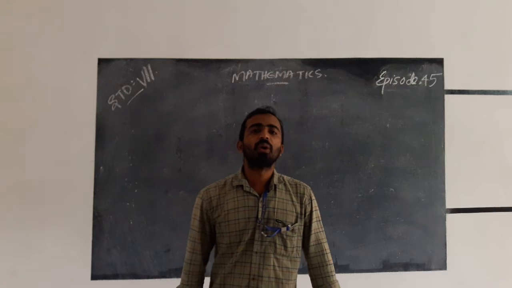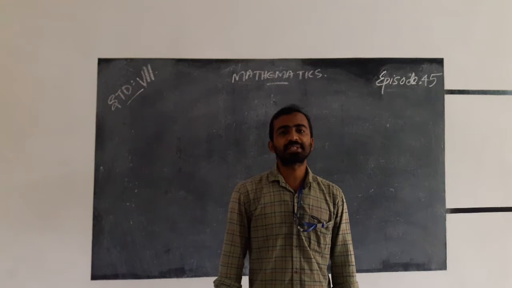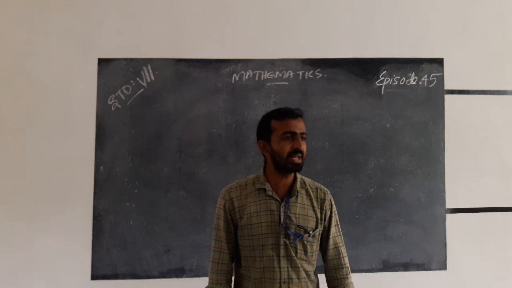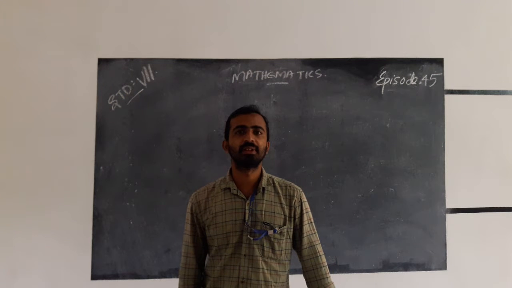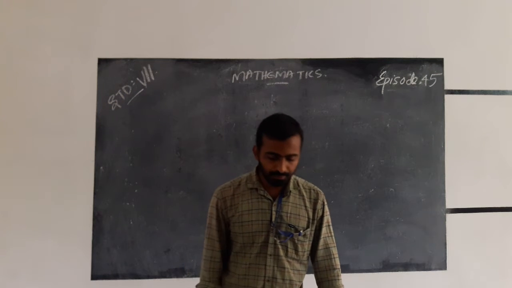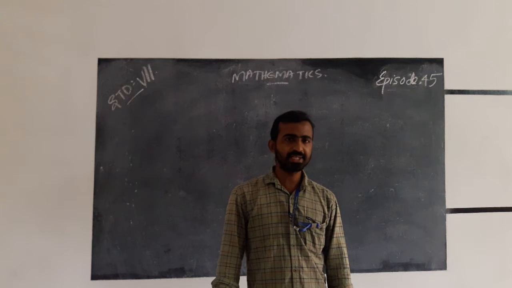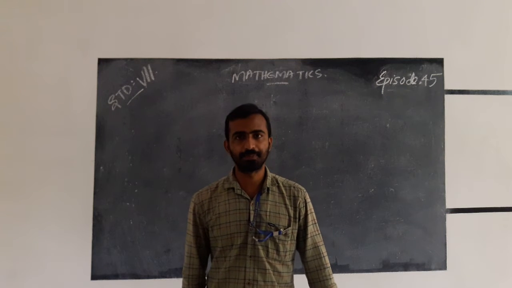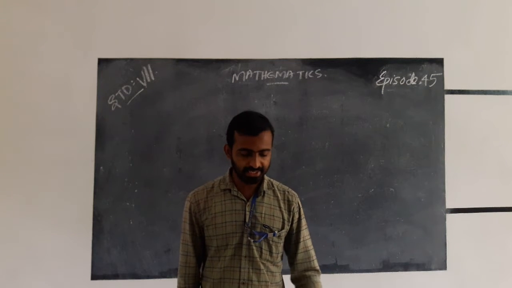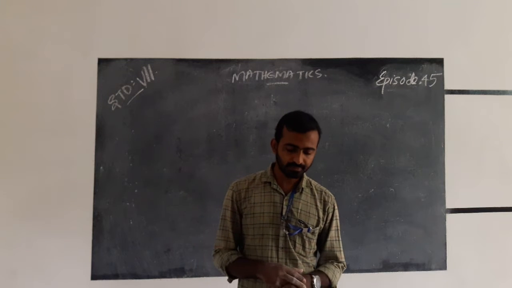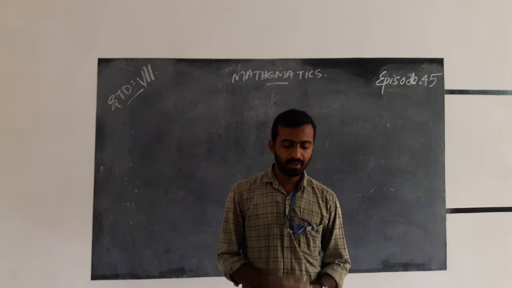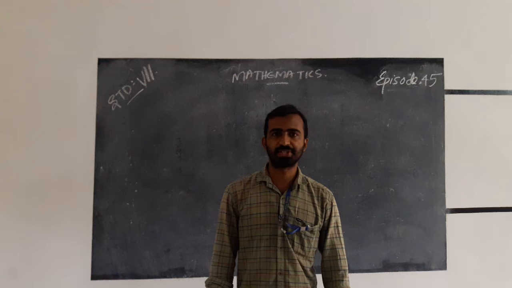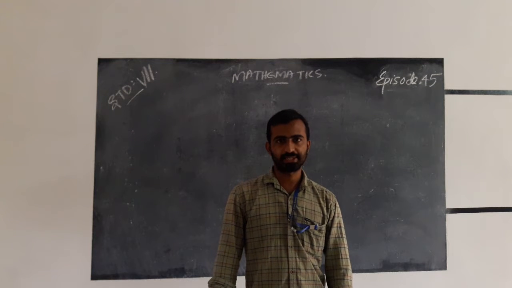That is, in which way do we find the profit percentage? Anyone can say? The equation is profit divided by CP, where CP means cost price, into 100. That is, profit divided by cost price into 100 is the profit percentage.